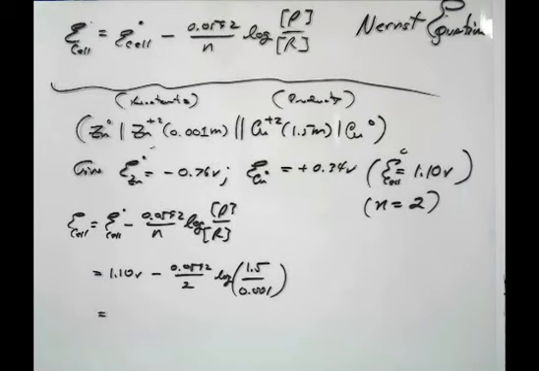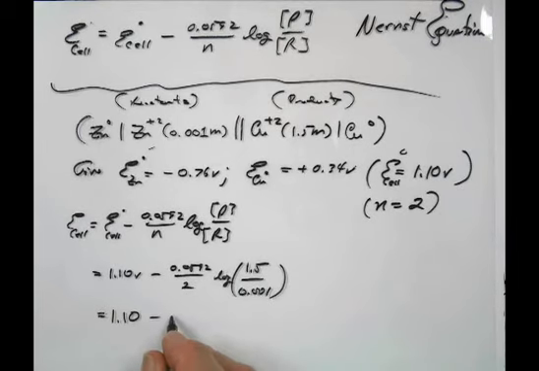So you have a numerical equation now, which you punch into your calculator and get an answer. So 1.5 divided by 0.001 equals that, and I'm going to hit the log button, times 0.0592 divided by 2 equals, okay, so I have 1.10